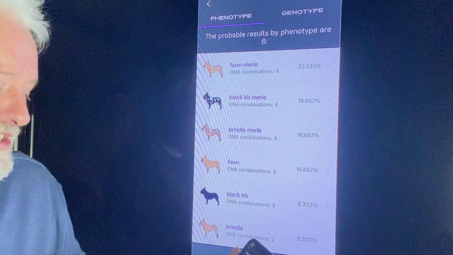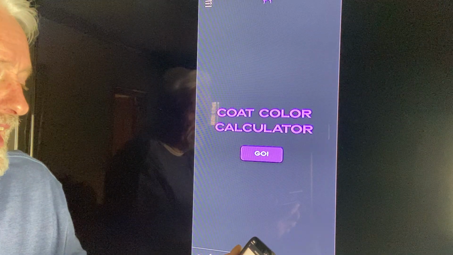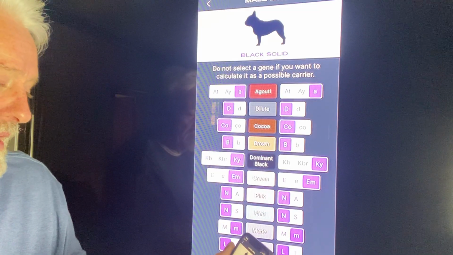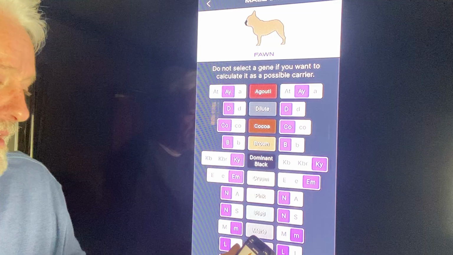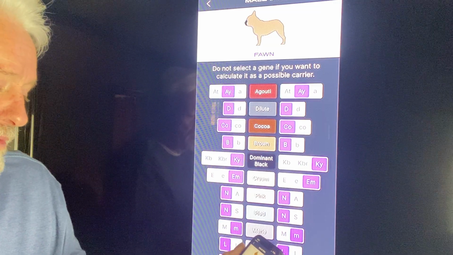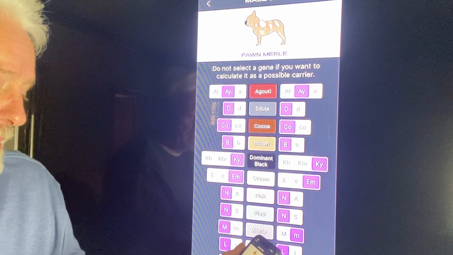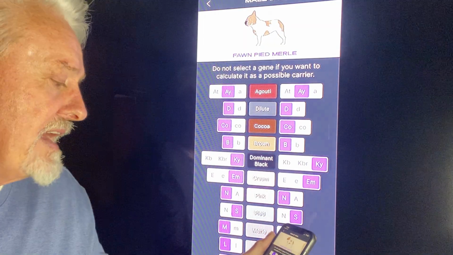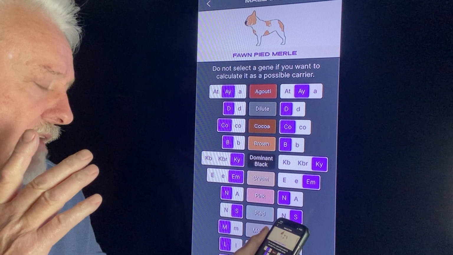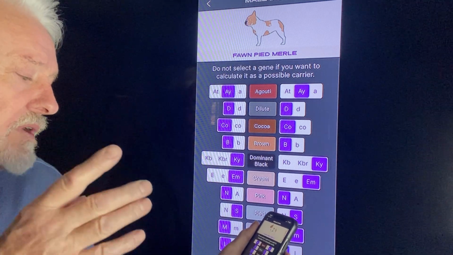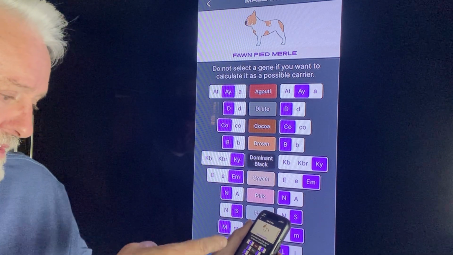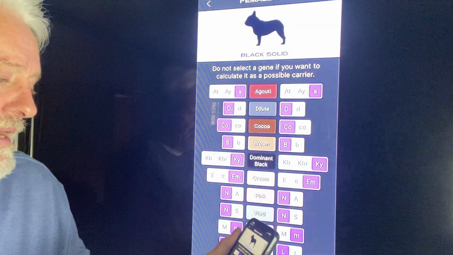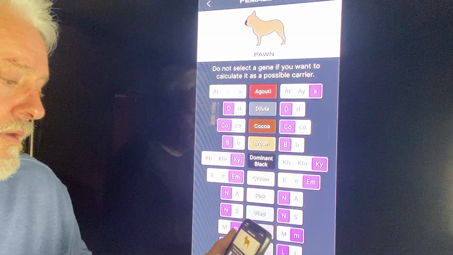This is the great thing about this, that you can play around with it. I'm going to get that brindle out. I made that an AY, and I want to make that an AY. And we were going to make that a merle. So there's the merle, and we're going to make it a pied. So let's put the pied back in. So there we have our male. He is a fawn pied merle, and I'll make sure I've got everything right. And I do. And then we're going to breed that to a fawn dog